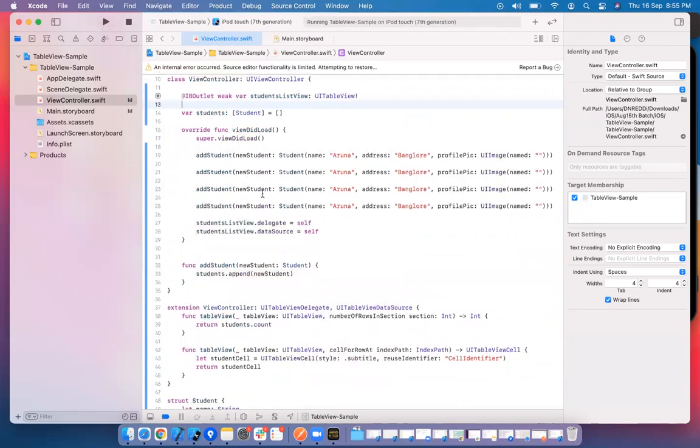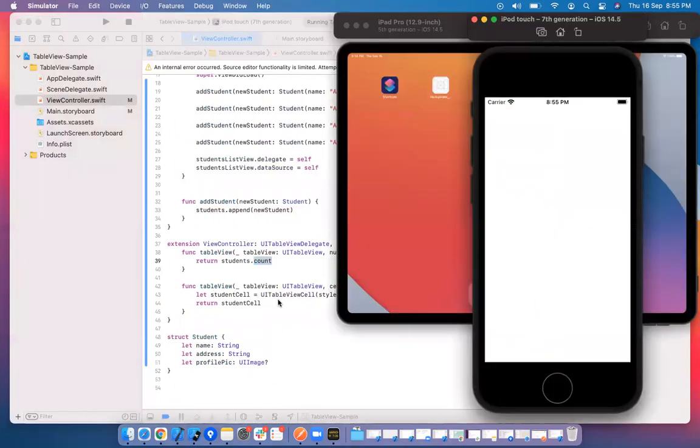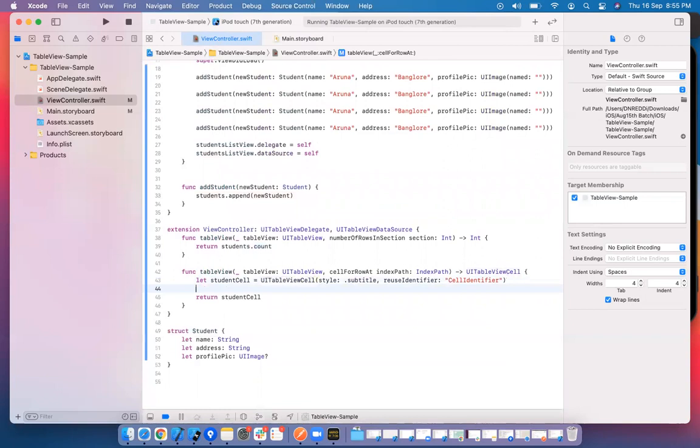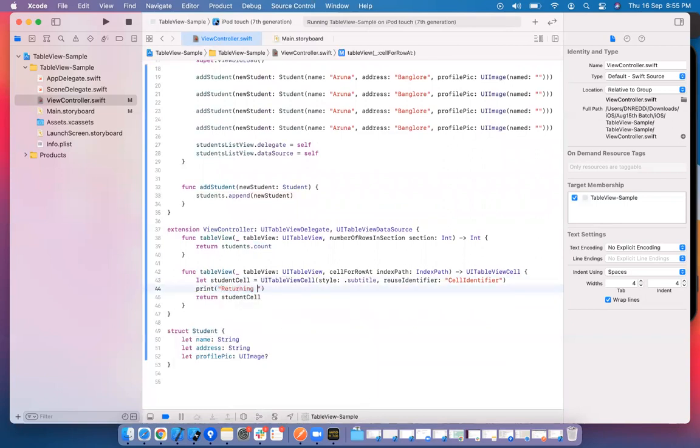Everything is perfect. Now, what we need to do here: the students count we are getting is 4, so we are getting 4 cells, but we are not setting the information. We are not injecting the information. If you see, I will show you. Returning cell for row, the row count is indexPath.row.